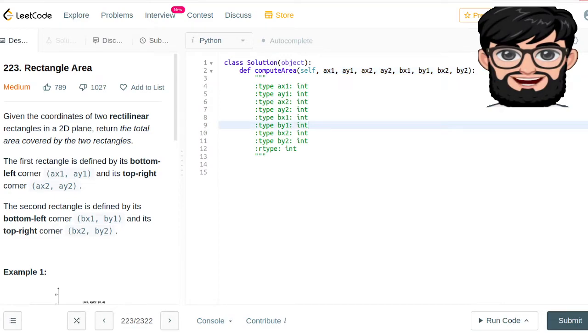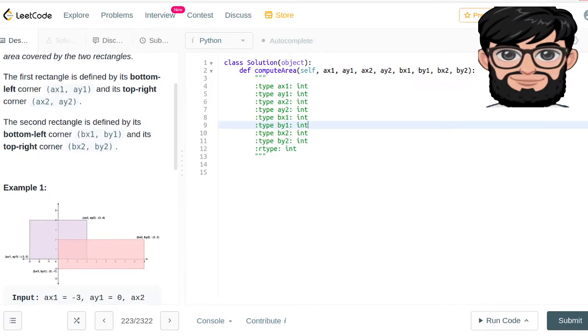Today we're going to be working on Leetcode question number 223, rectangle area. Given the coordinates of two rectilinear rectangles in a 2D plane, return the total area covered by two rectangles. The first rectangle is defined by its bottom left corner ax1, ay1 and the top right corner ax2, ay2. The second rectangle is defined by its bottom left corner bx1, by1 and its top right corner bx2,